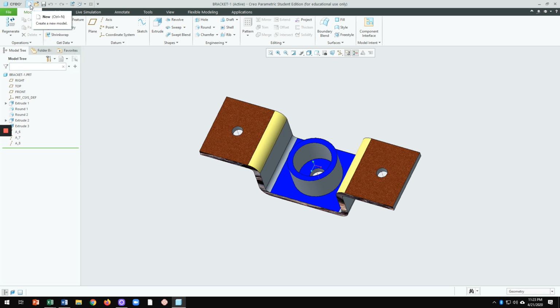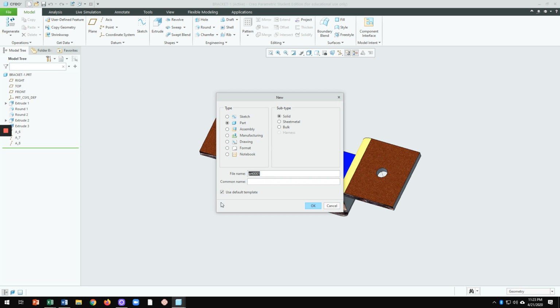I'm going to go to New, and we're going to go to Drawing. By default you have Part Solid. I'm going to click on the radio button called Drawing, and then I'm going to give it a name. We'll call it just a production drawing or